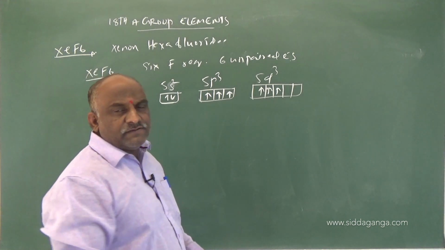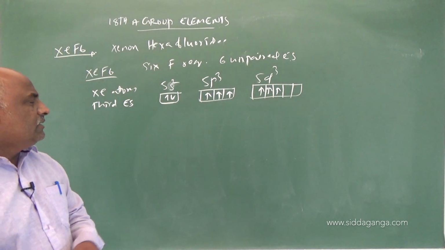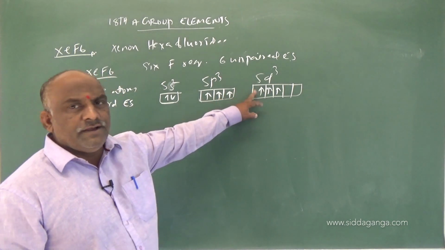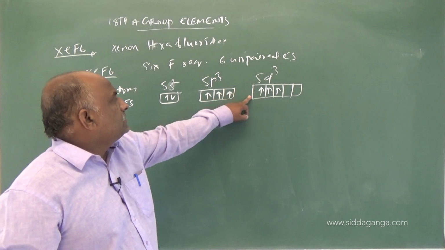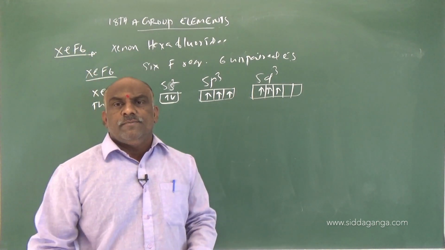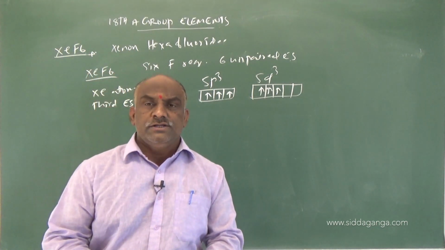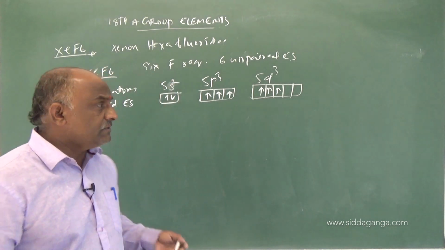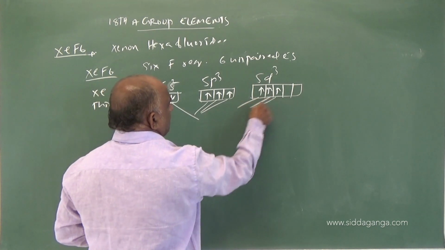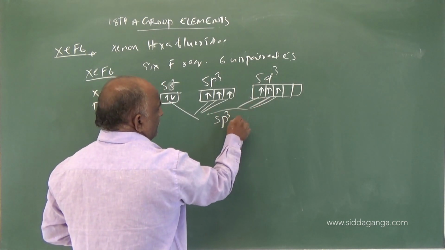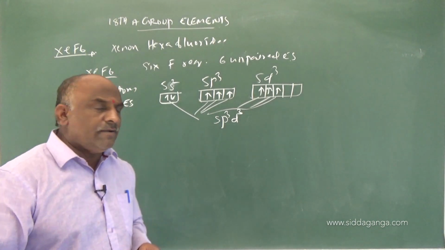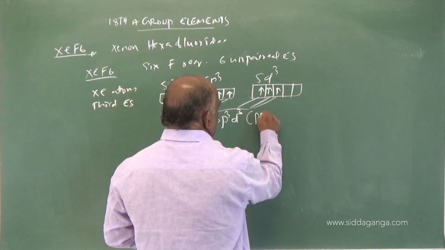Third excited state of xenon atom contains 6 unpaired electrons, which are present, 3 in p orbital and remaining 3 in d orbital. These 6 unpaired electrons form 6 covalent bonds with 6 fluorine atoms. Further intermixing of an s orbital, 3 p orbitals and 3 d orbitals gives sp3d3 hybridization. Shape of the molecule is pentagonal